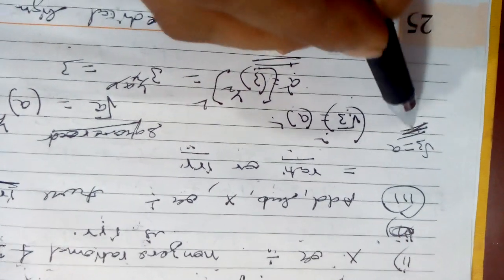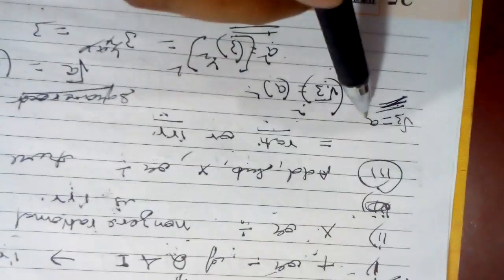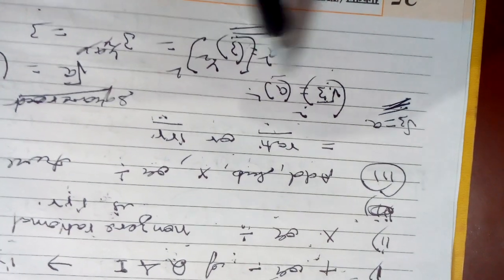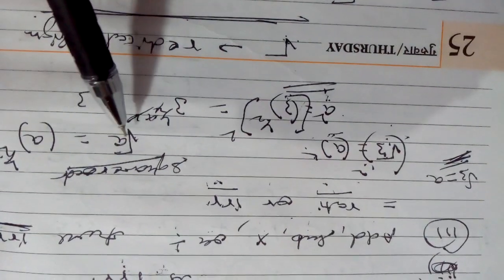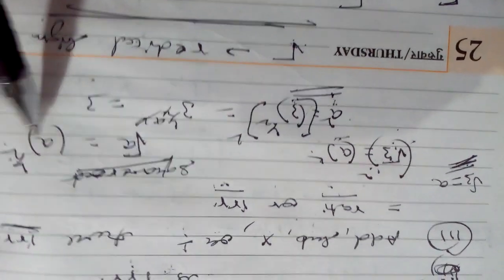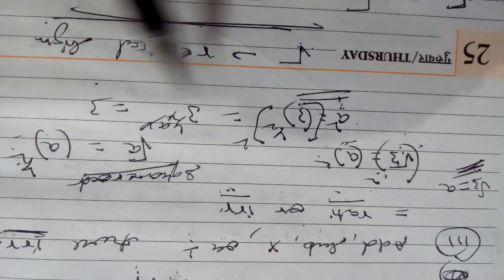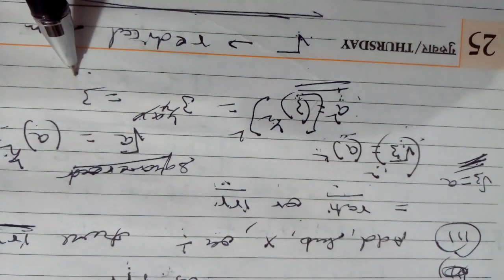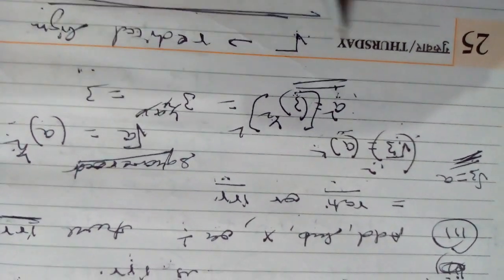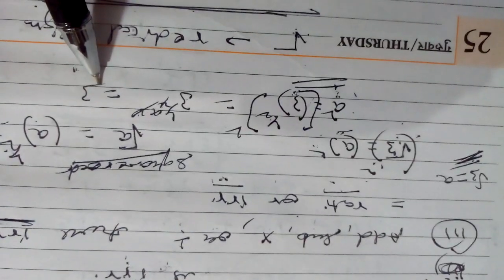Now, suppose root 3 is equal to a. The square of this, root 3 squared, a squared, is equal to this sign, the under root sign, which is a square root sign. A is equal to a power half. So square root of 3 will be 3 power half, and this is squared. Half into half gives you 1. 3 power 1 means 3. So a squared is equal to 3.